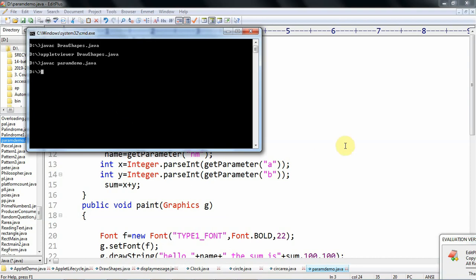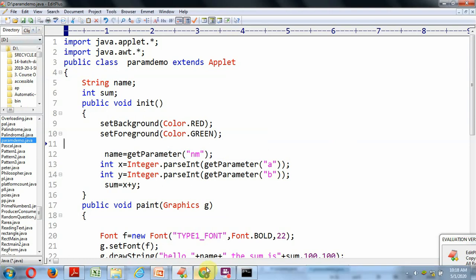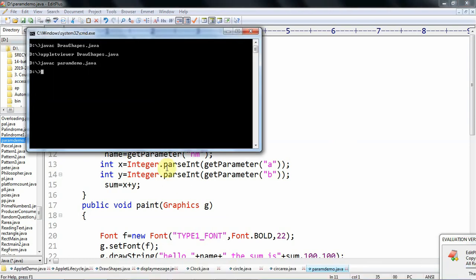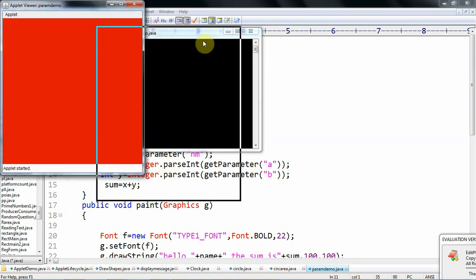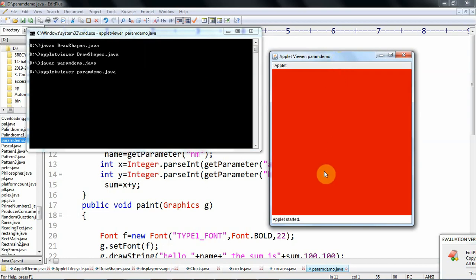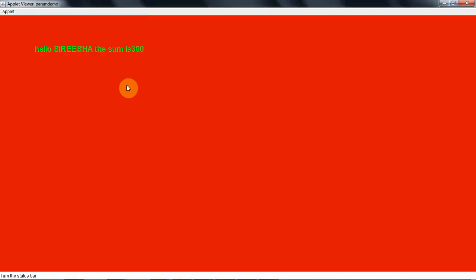Then we run it by using Applet Viewer: appletviewer ParamDemo.java. Then the applet is executed. So you see hello Sirisha, the sum is 300.